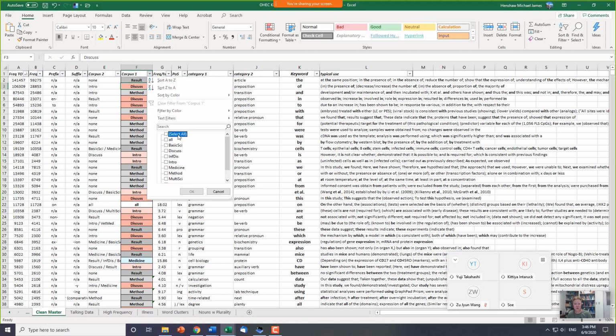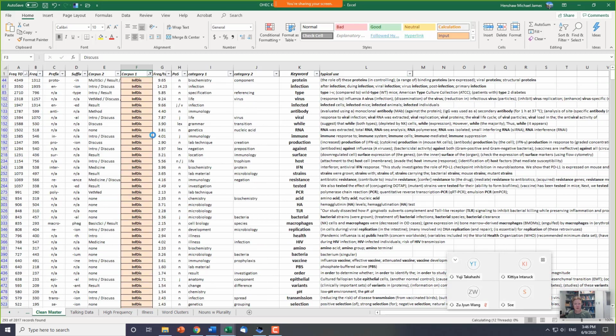deselect all of the corpuses, and let's only look at the infectious disease corpus. So can you please open only infectious diseases? Is everybody okay with that? Okay. And generally when I do this, if I'm looking by a corpus, I find it useful to sort by